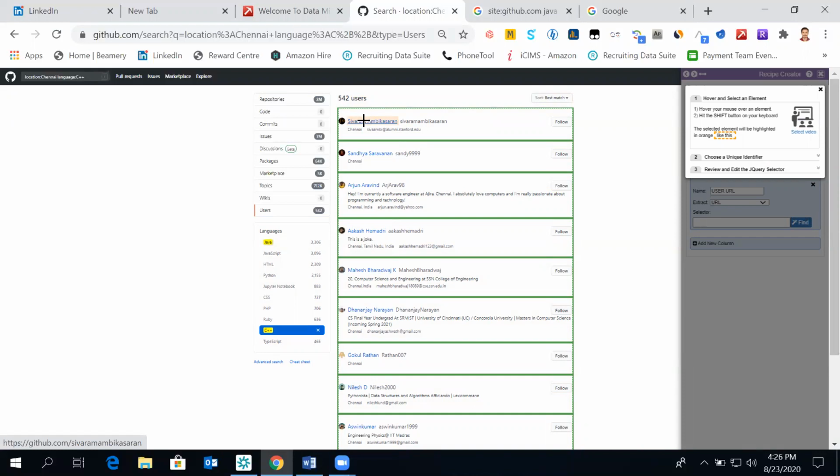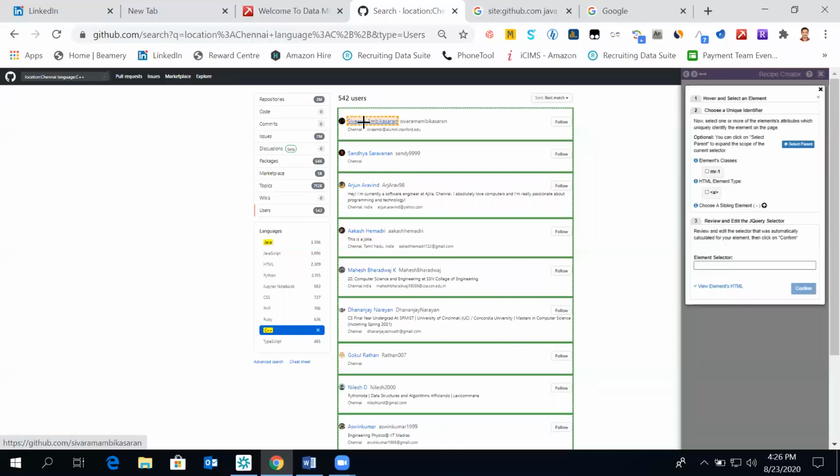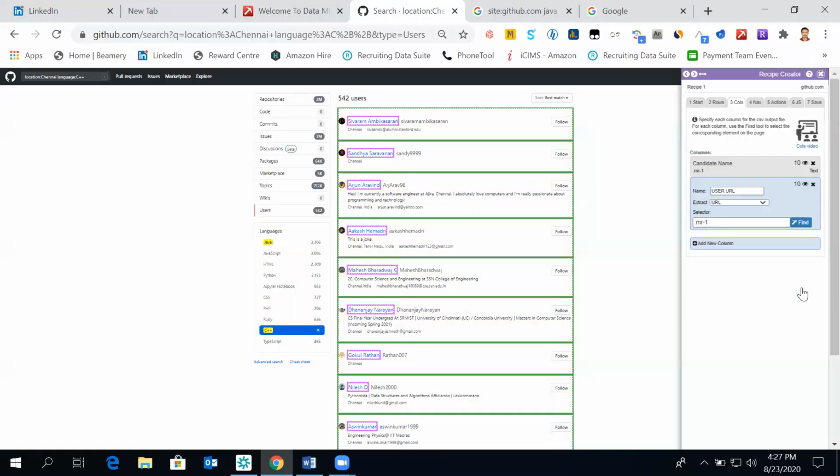If this part is clickable, then there is a URL behind it. Then again shift on our keypad. Again we got element classes. All the names got selected, but it's scraping as a URL, the URL behind those names. Confirm.